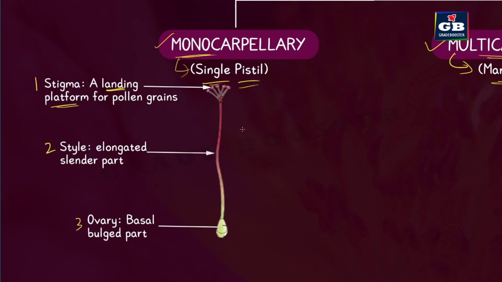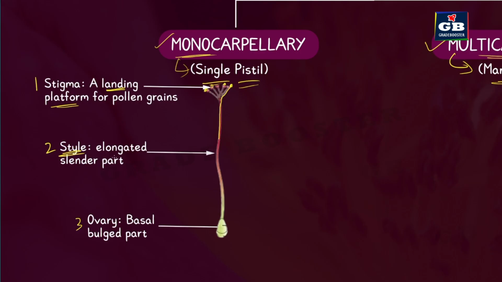Landing platform for what? Pollen grains. Pollen grains come and stand on the stigma. They stick to the stigma. So the stigma is sticky. By that it receives the pollen, which sticks to the stigma, and from there it germinates. The pollen germinates on the stigma and produces pollen tubes. So the pollen tubes produced by the pollen grains enter the next part of the pistil, that